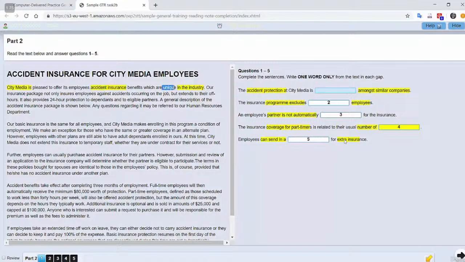That means what we can do is highlight that word, Control C, and then Control V, and paste it right there. That's how you eliminate spelling mistakes. Number 2, the program excludes a certain type of employee. Nothing about employee here. Now, here we see the word partner, but I know that can't be for number 3, because number 2 is not here. Number 2 has to come before number 3. So I have to find something about excluding employees. All right, here we go. Same for all employees. But I'm looking for exclusion. However, we have the word employee,